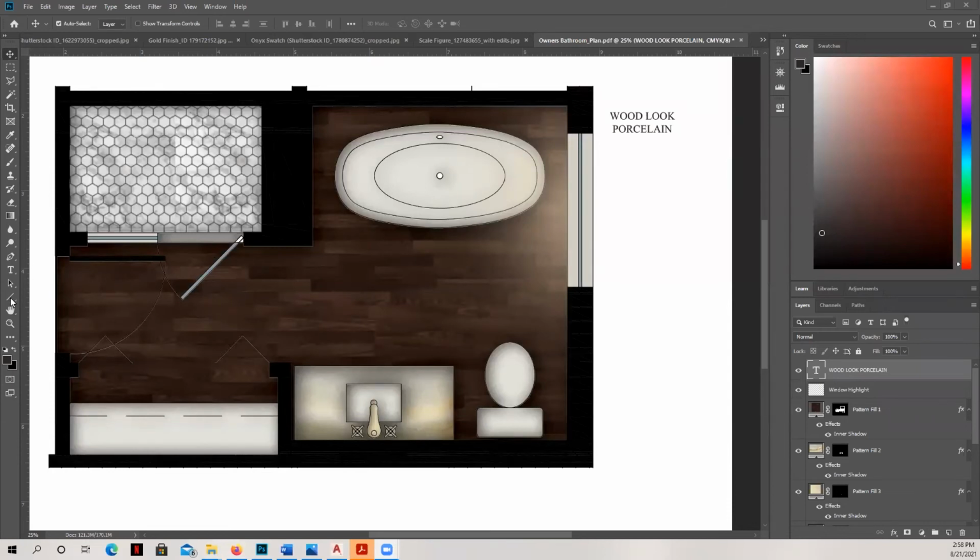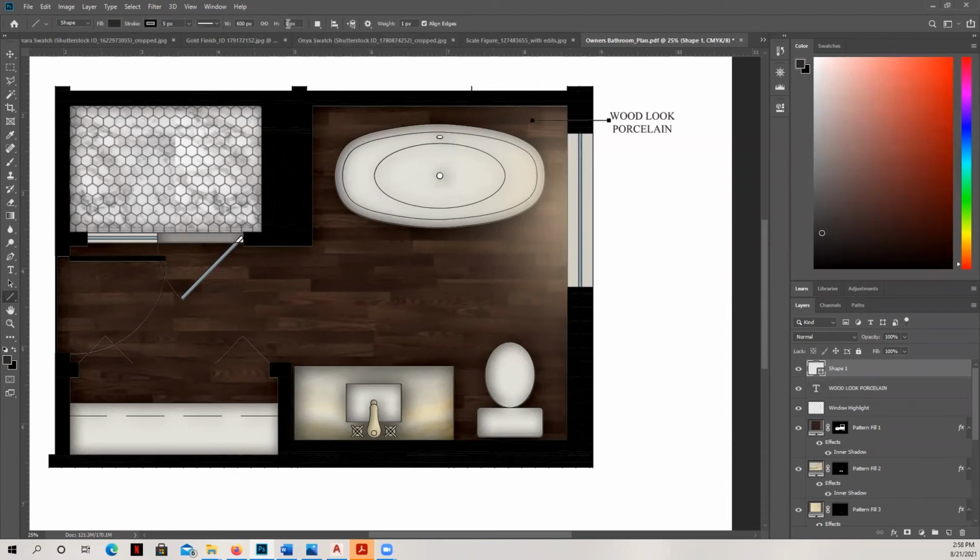Okay, here's how we fix that line that's too light. So I'm going to click on my line tool again and make sure that it's ready to draw. And I'm going to click here, holding down my shift button. And I'm actually going to change this. It always keeps correcting back to 1 pixel. So I need to hit enter, and then it'll get nice and thick.